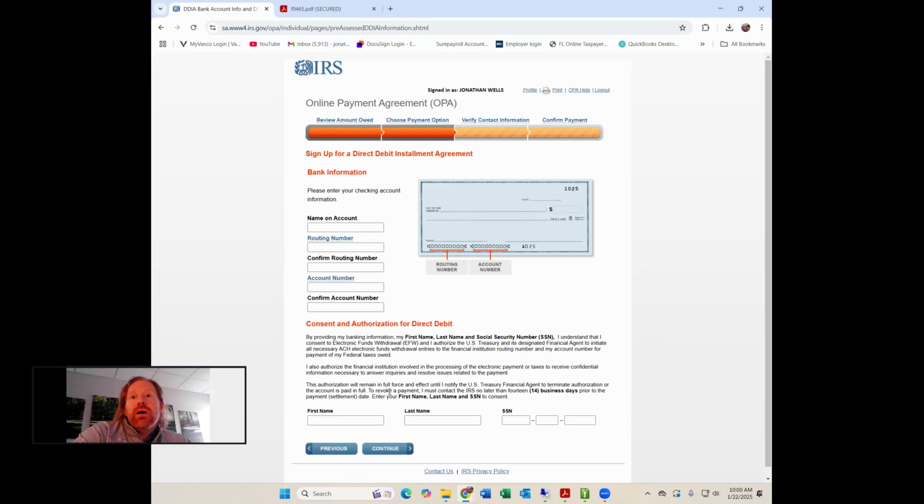Bang. Let's put our information in, our routing, confirm it, our account number, and then I'm going to just sign off. I'm going to put my social, right? I'm not obviously going to do it because I don't have any balance due, but you can see it's going to verify, it's going to confirm. Bang. It's that easy. This literally you could do a payment plan in under 10 minutes. It will take you an hour to get that IRS